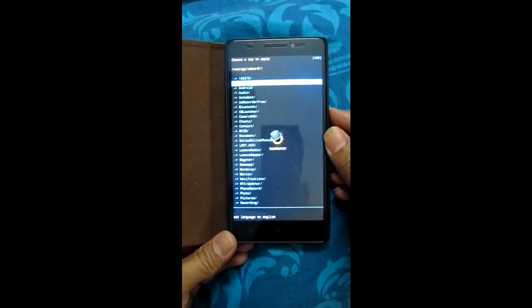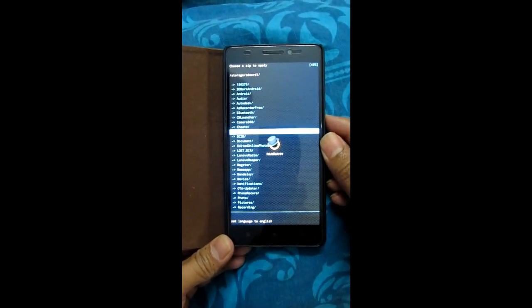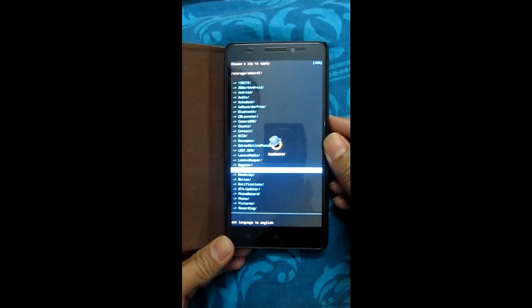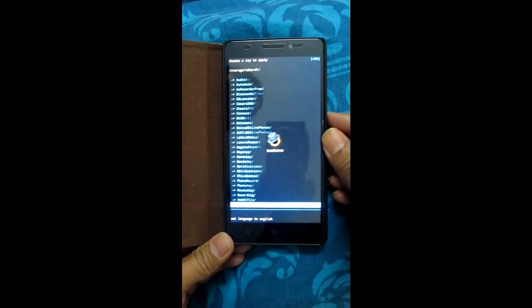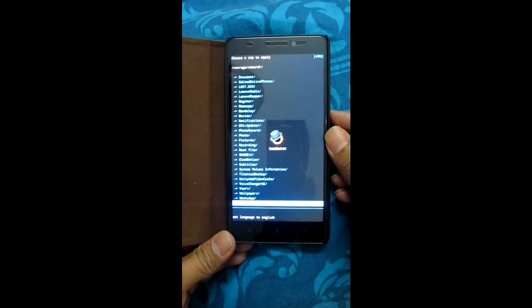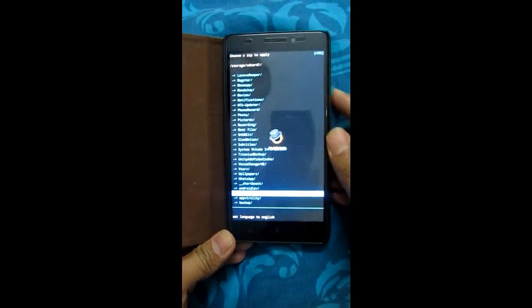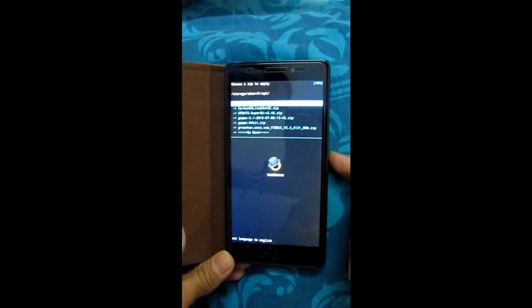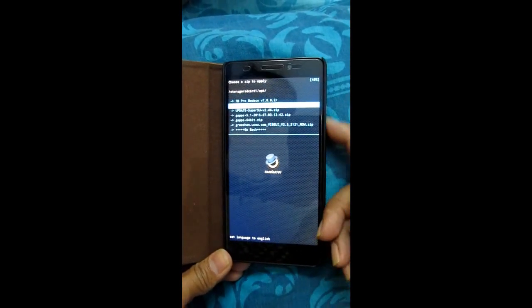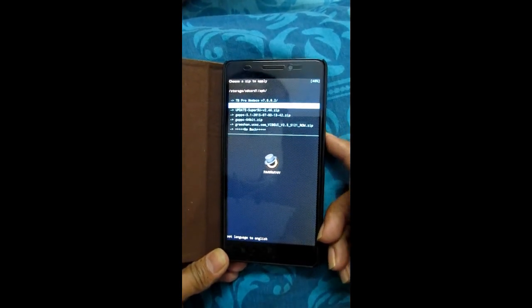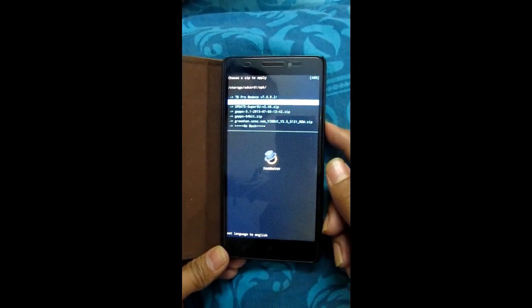Now go to the folder where you put the custom ROM file. Mine I have kept in the APK folder, so I'll go to the APK folder, which should be somewhere here. You can clearly see it's APK folder. Okay, so I'll just click on it. So see, for selecting use the power button, for up and down you use the volume up, volume down keys. It's pretty simple. So this is the Carbon K3 Lite 2 ROM.